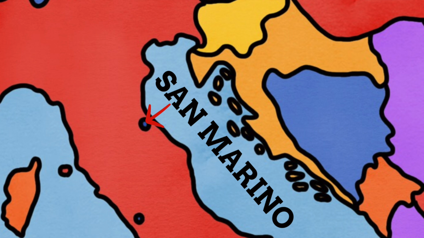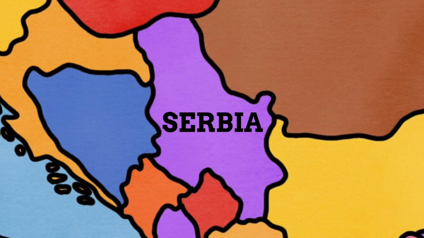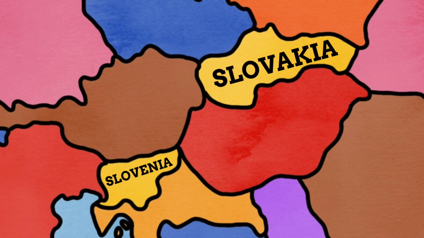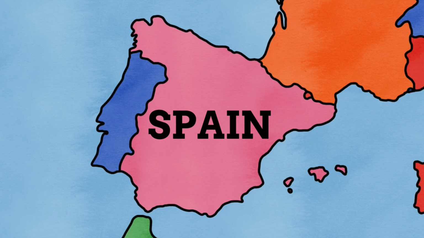The tiny nation of San Marino within Italy was founded by Saint Marinus, so it's unsurprisingly named after him. And Serbia once again comes from the Serb people who live here, and their name is thought to simply mean man. Slovenia and Slovakia are both seemingly named after the Slavs, an ethnic/linguistic group that populates so much of this part of the world. We don't seem to know where the word Slav comes from, however, and as for Spain,